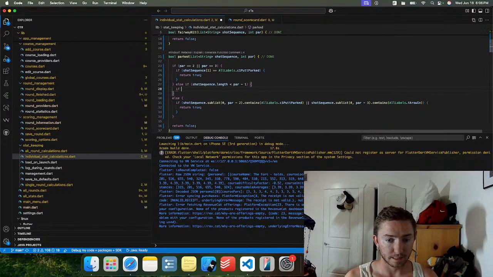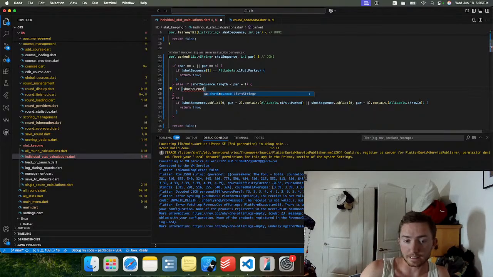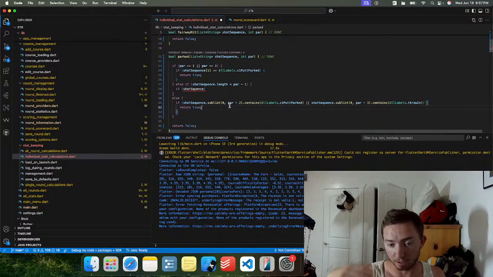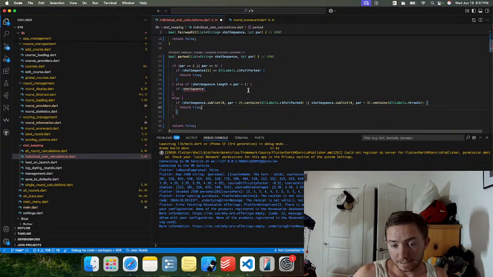Shot sequence. So if the length is less than, let's say it's a par 4, that would mean that the length of it is less than 3. If it's equal to or greater than 3, then this line of code won't give me any errors, because the most I'm accounting for is 3 elements in that list. For a par 4, it goes up 1 for a par 5 and a par 6, but if it's not, so if the length is less than 3, the only way that happens is if they